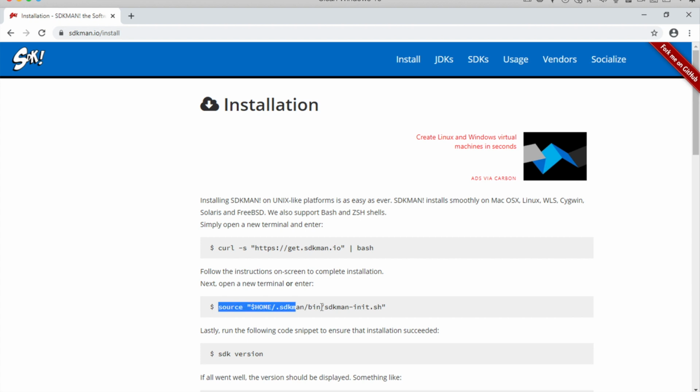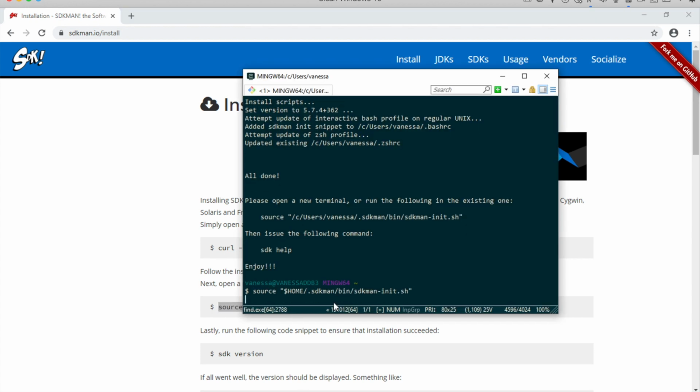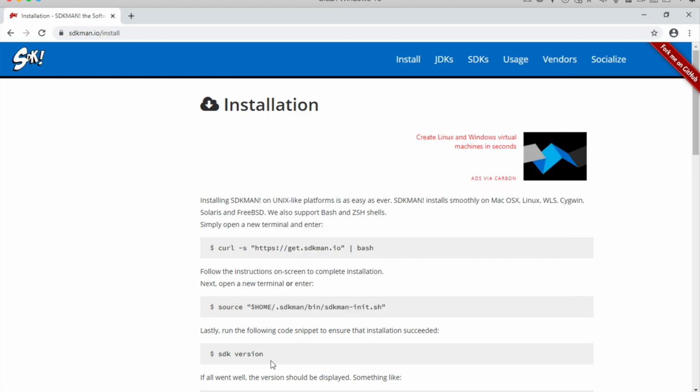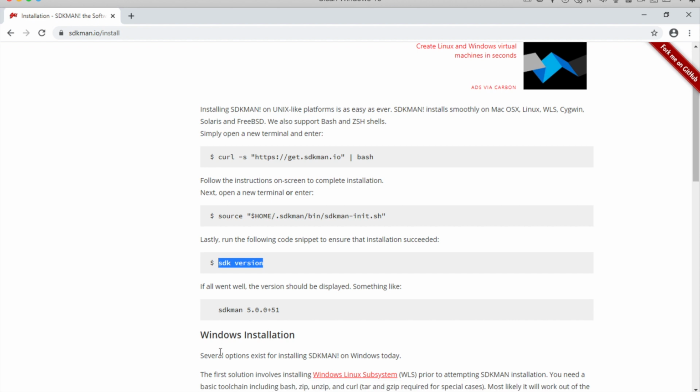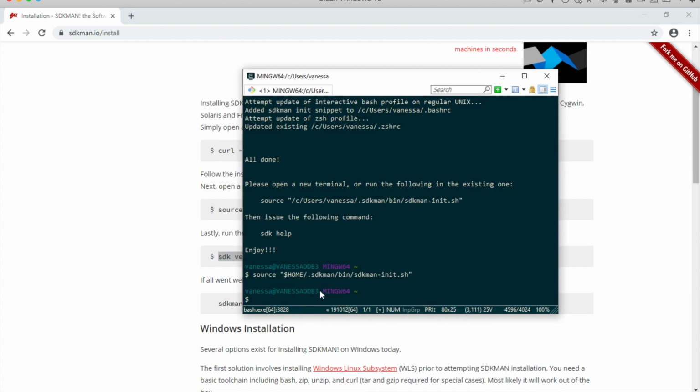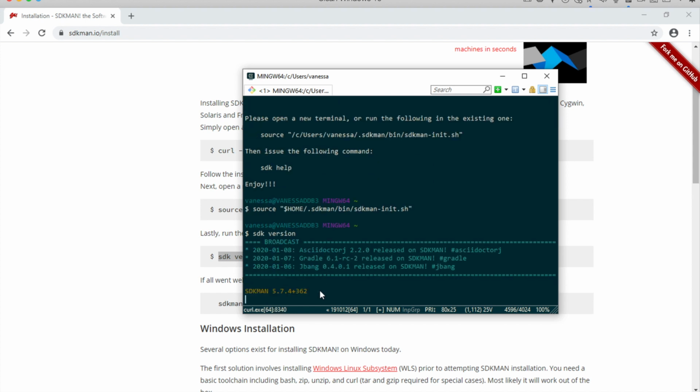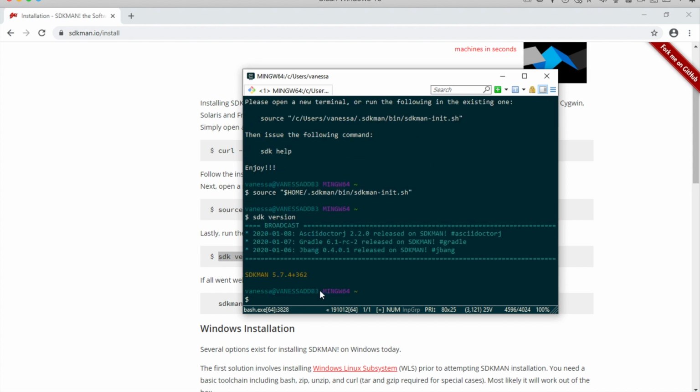Let's go on to step 2. Source this script. And then we'll check the SDK version to make sure that it actually installed and the command is working. Okay, awesome. So this is a good sign. We have installed